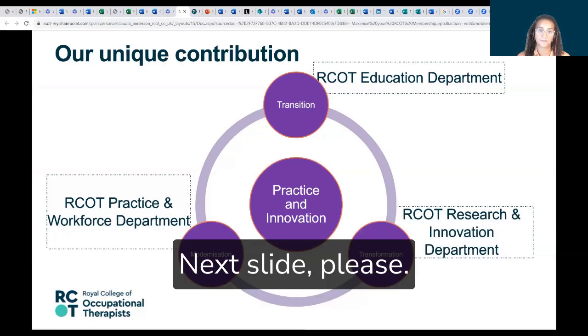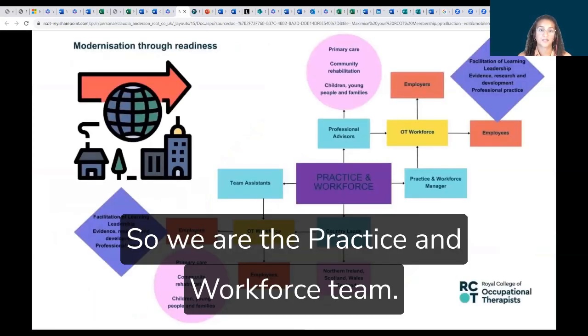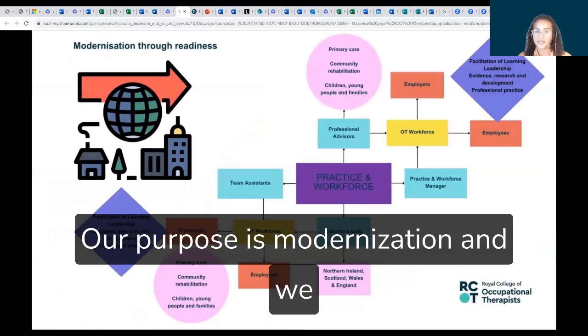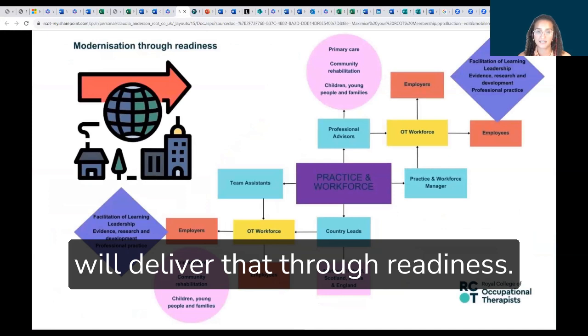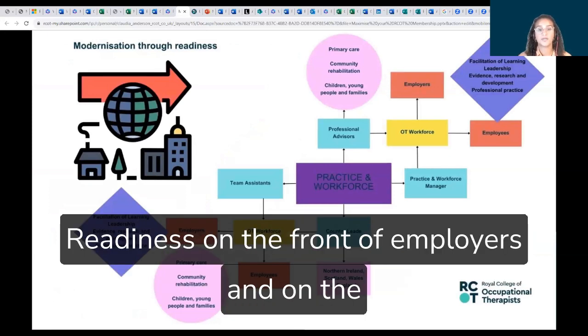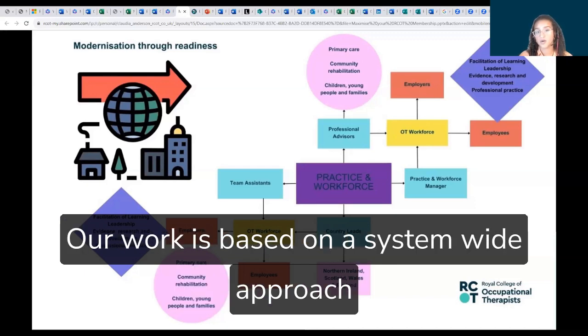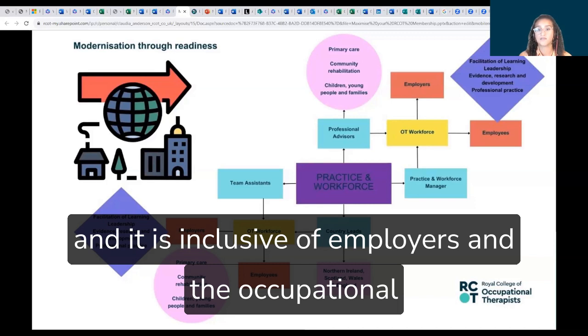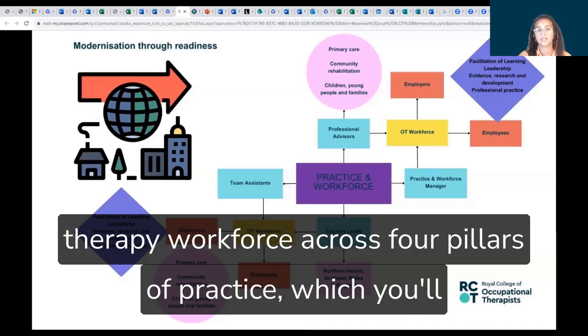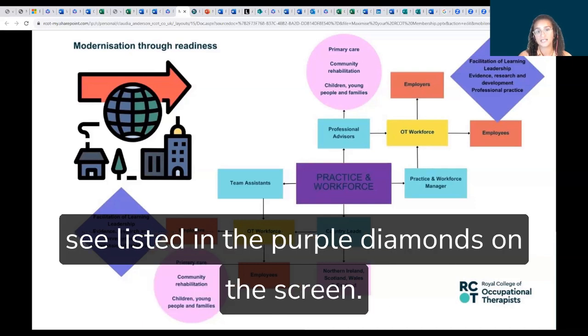Next slide, please. So we are the Practice and Workforce team. Our purpose is modernisation, and we will deliver that through readiness. Readiness on the front of employers and on the front of the occupational therapy workforce at large. Our work is based on a system-wide approach, and it is inclusive of employers and the occupational therapy workforce across 4 pillars of practice, which you'll see listed in the purple diamonds on the screen.